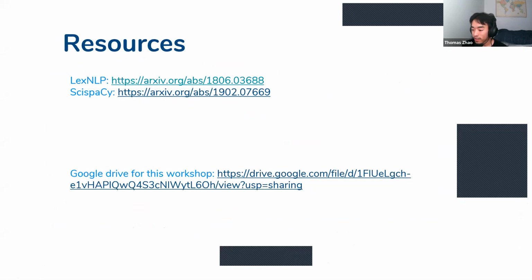Oh, I got a question here from Linghao. Is Spacy similar to scikit-learn or TensorFlow? It's similar in the sense that it's a Python library, but they're completely different in terms of application. Spacy is a natural language processing framework. It does all the things I described, like tokenizing, and it uses things from scikit-learn because a part of natural language processing is machine learning. But no, it's not a machine learning framework like scikit-learn or TensorFlow. It's natural language processing. So yeah, there's Spacy, which is a custom Spacy library for processing scientific texts.